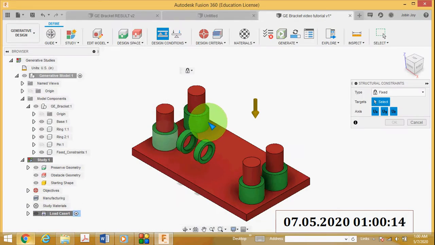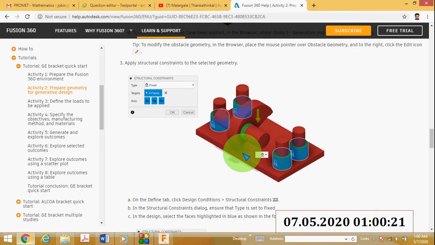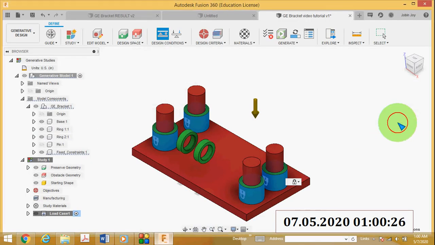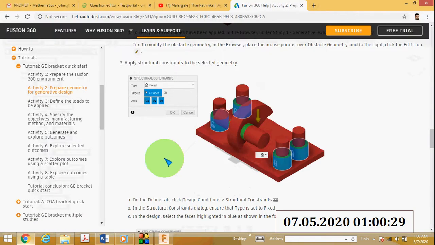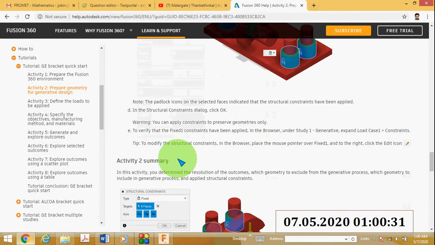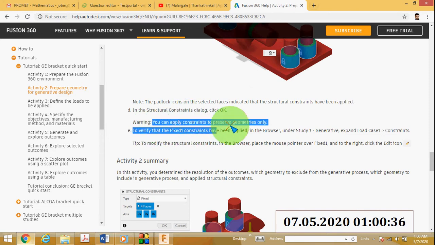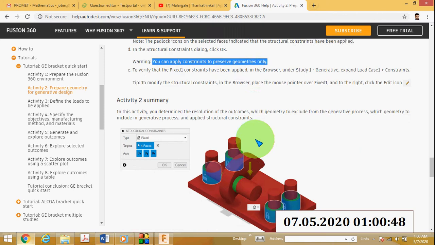Select this face, this face, this face and this face. Then select the axes UX, UY and UZ, then click OK. One important thing is that you can apply constraints to the preserve geometries only. So you know what the preserve geometries are. You can apply constraints to the preserve geometries only.